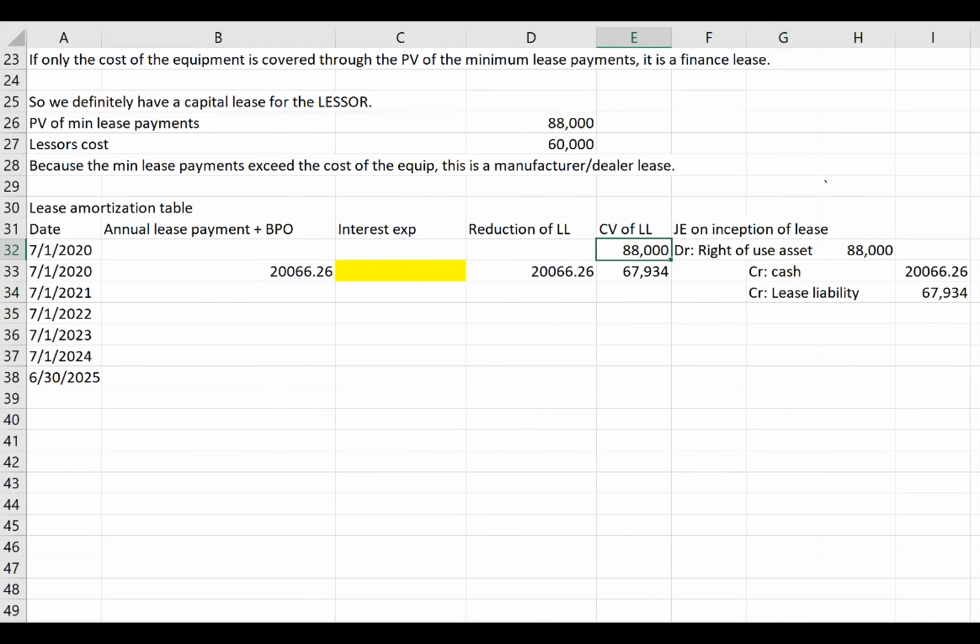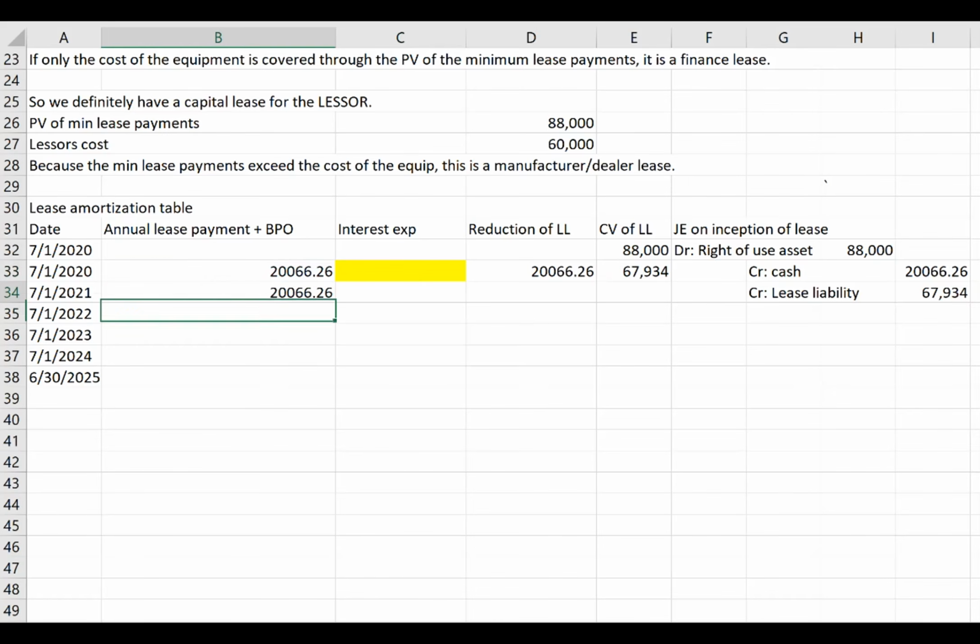But when we make our first lease payment, because it's on day one, there's no interest. So it simply reduces down the lease liability in the sense that it's the balancing entry. Same concept. The key is to remember that you don't have any interest expense on day one, because normally with bond amortization schedules, we're starting right away because those payments are due at the end of the period. But again, this is a nuance because these payments are due at the beginning of the period. So when we get into the second lease payment,